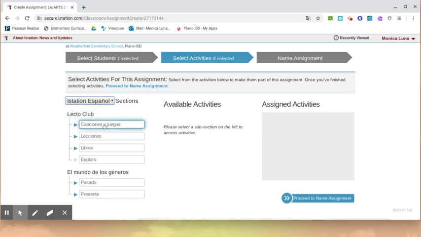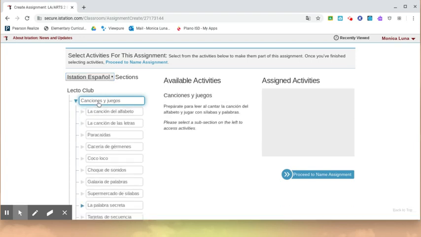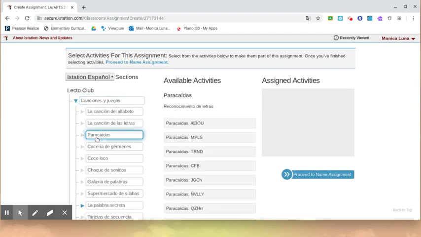I am going to click here, Canciones y Juegos. All of these tabs have different lessons. So you just have to play around with them, click on them, get familiar with them. So I go here for my Tier 3 kids, Canciones y Juegos. This is the alphabet. This is La Canción de las Letras. But here, I've been playing around with this. Right here it says Paracaídas,